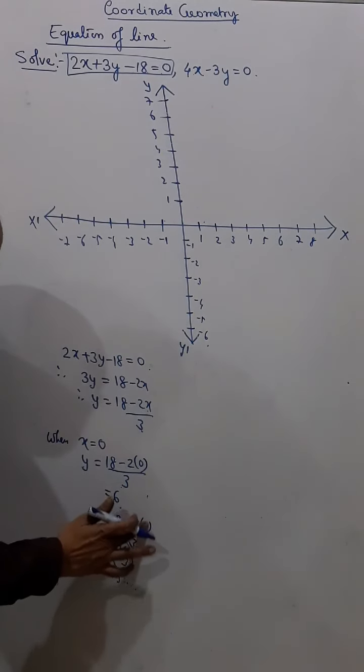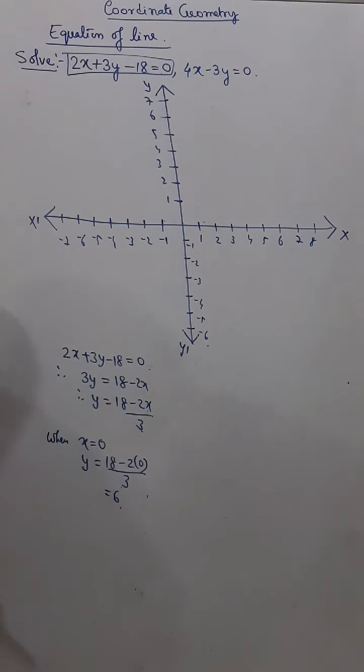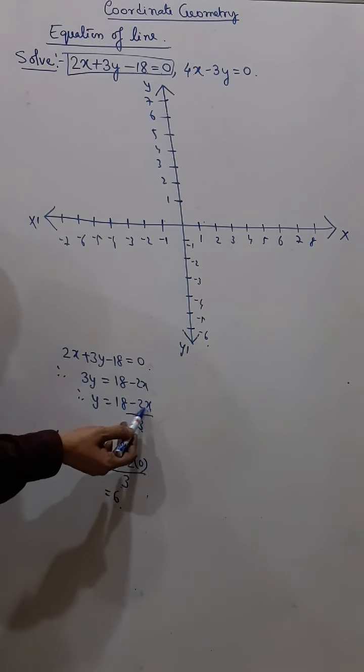So don't take x equals to 1. Like this you have to skip the values. So don't take 1. Now try with 2. If you have a problem with 2, then try with 3, or you can try with minus 1, minus 2, minus 3, and so on. So if I put x equals to 2 also, then you will also have a problem.